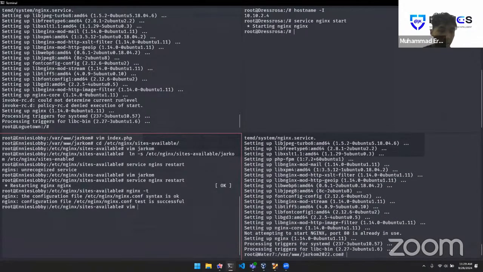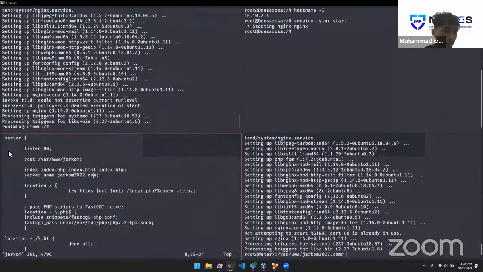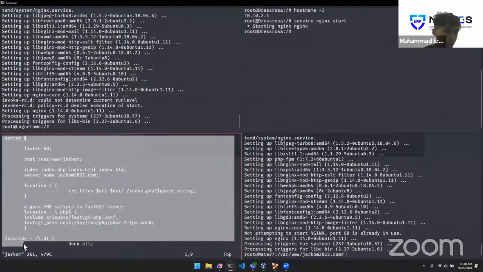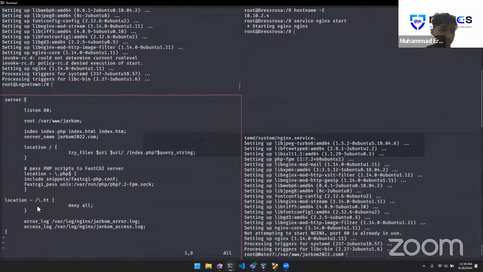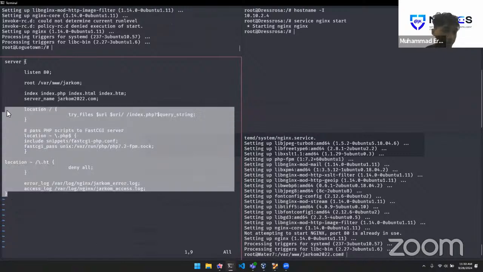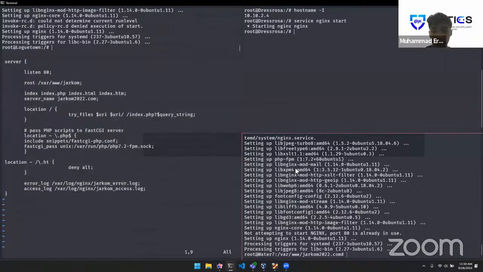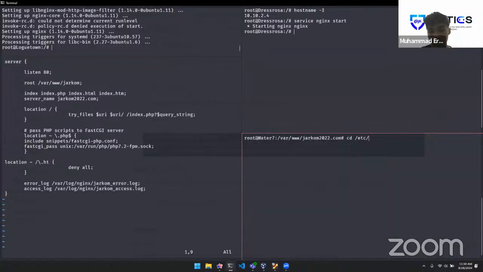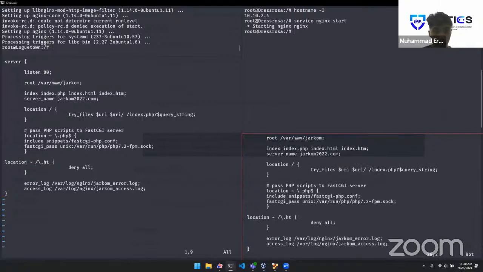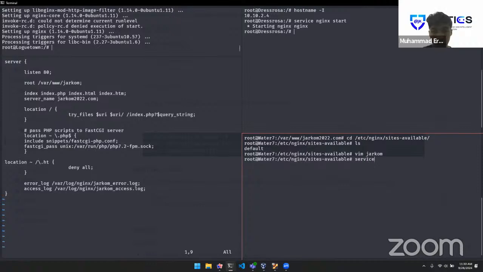Okay, so we are going to copy the jarcom configuration in here. I just copy all of them. Okay, we can copy it and put it in Nginx sites available. And then we're going to, what we do, jarcom. Then paste it. And then restart the Nginx, and